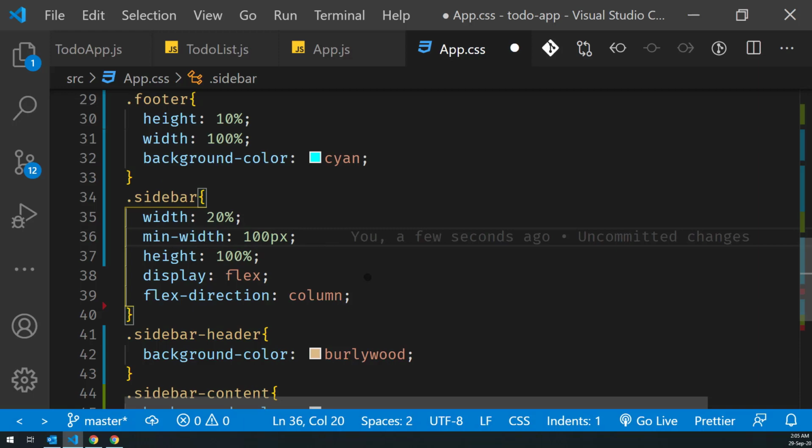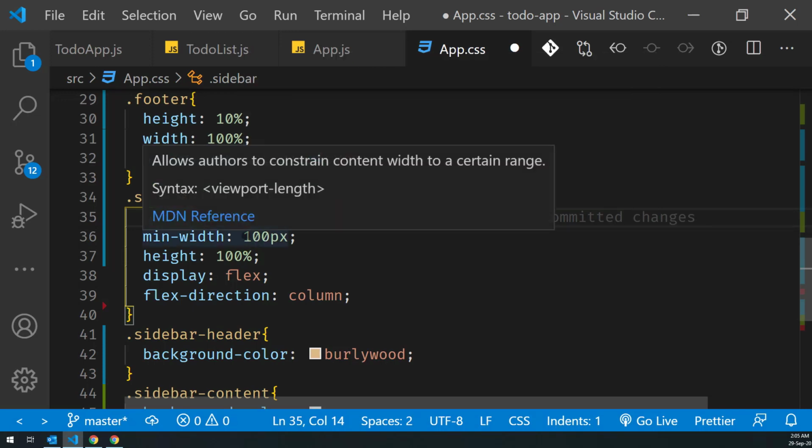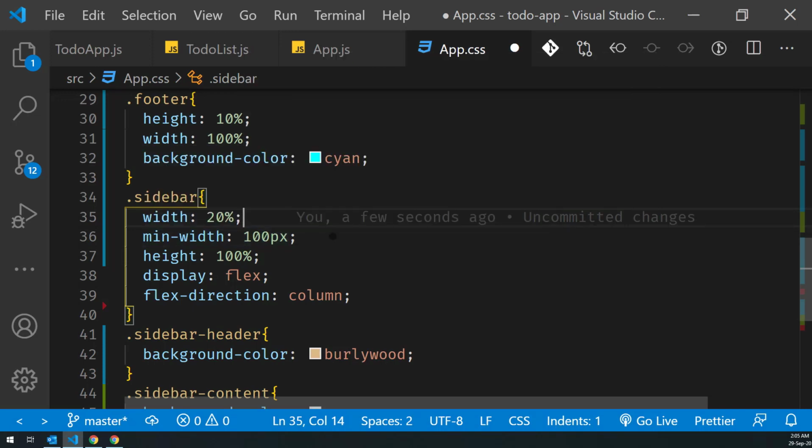So our sidebar will take 20% of the available space on the screen, and if that 20% of the screen is greater than 100 pixels, our sidebar will take that much space. But if that 20% of the available space is less than 100 pixels, the sidebar will take 100 pixels of space. Now if I click save and go back to the browser window